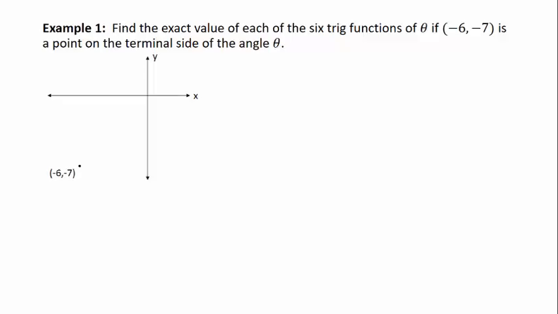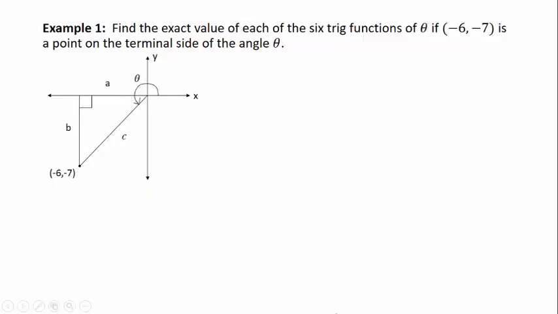So let's draw a little picture here. So we have coordinate axes. I plotted (-6, -7) in the third quadrant. So next, I'm drawing a triangle in that third quadrant. So from that point, (-6, -7), shoot straight up to the horizontal axis to make a right angle, and then also take that point and connect with the origin. And there's my angle theta from the positive horizontal axis here to the hypotenuse, which is the terminal side of